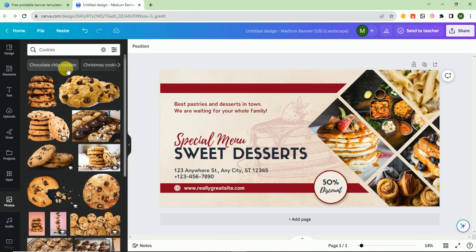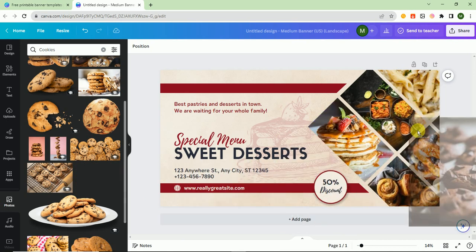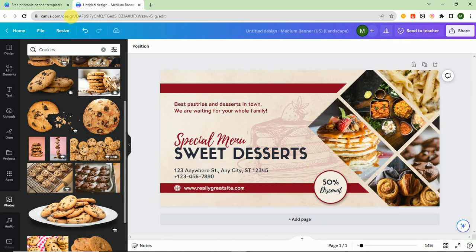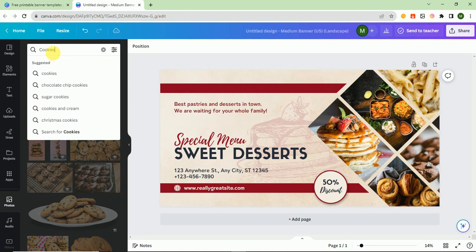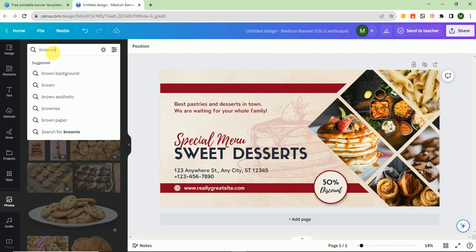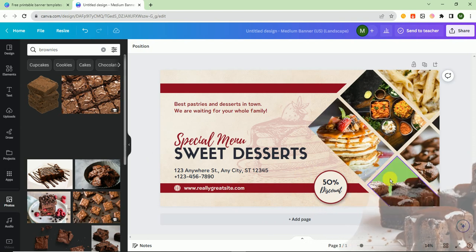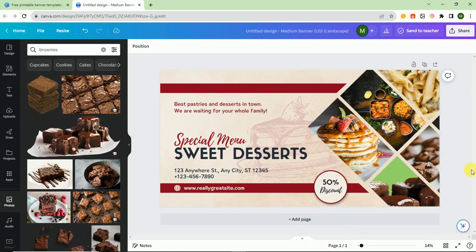So cookies, no. Brownies. So that's it. And I think this is not good. So that's good. So after that, I want to change the color